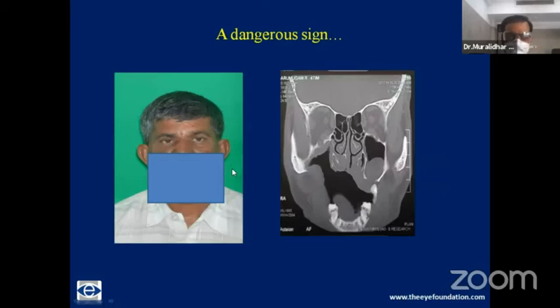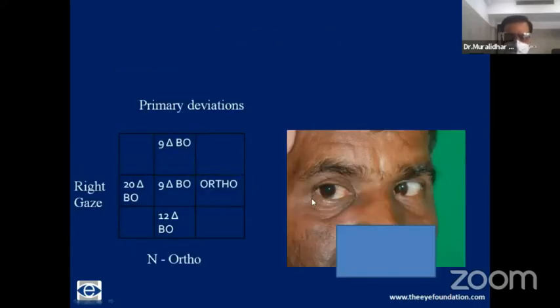This patient presented with double vision on looking to the right. He had a history of oral carcinoma and had undergone radiotherapy and chemotherapy, 16 cycles. Note that this is an oroantral fistula. This was a CT scan before the chemotherapy. It had since healed, and he was almost 2 years in remission. And these are his findings.